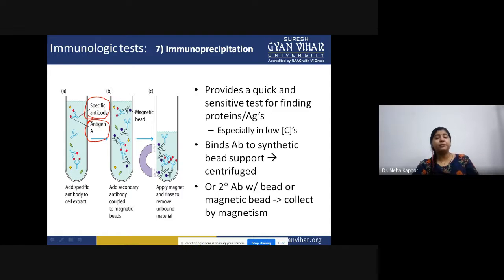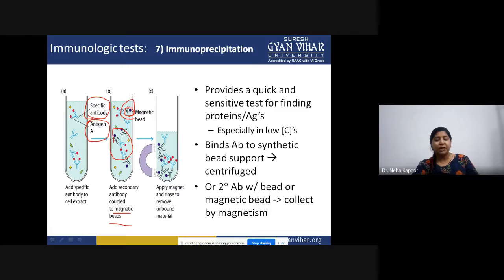However, we can use a special support system of beads. You can use glass beads, you can use magnetic beads. As you can see in the second picture, magnetic beads are also incorporated. Now the secondary antibody, for visualization, when it is added, is coupled with certain magnetic beads. Once these beads coupled with the secondary antibody attach to this specific antibody that is bound with the specific antigen, this complex is present in the bound form.